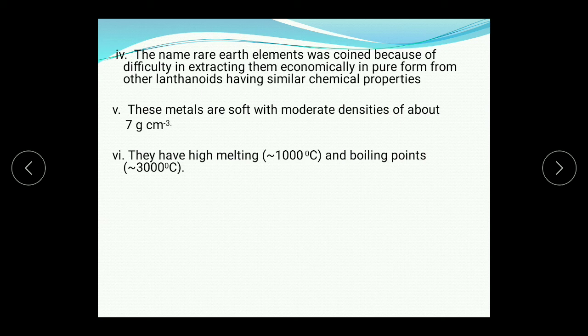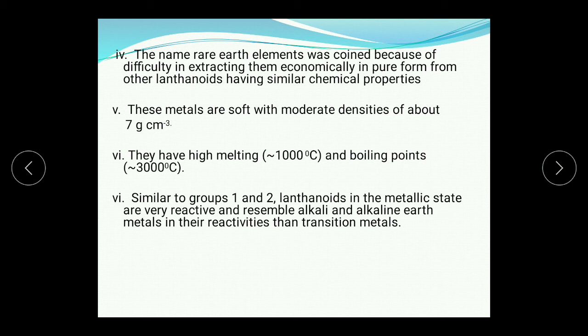Now, the properties. These metals are soft with moderate densities of about 7 gram per cubic centimeter. They have moderate density, not so hard, not so soft. They are soft enough. They have high melting points above 1000 degrees Celsius and high boiling points as well, above 3000 degrees Celsius. Similar to groups 1 and 2, lanthanides in the metallic state are very reactive and they resemble alkali and